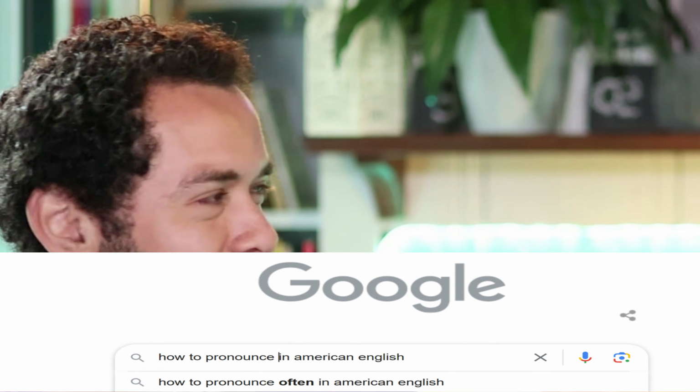How to pronounce "often" in American English. Often. Do you pronounce the T or no T? Sometimes I pronounce the T. Like, I've been called out on this before, where someone hears me say "often," and then they say, no, it's "often." That feels really weird. Pronouncing the T feels really weird. But I think it's more correct to pronounce it without the T, of course.